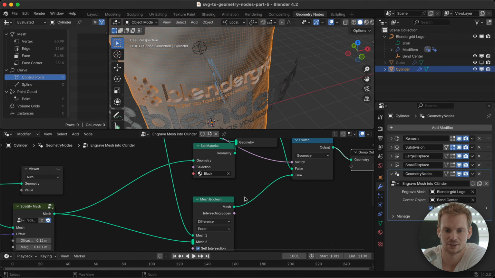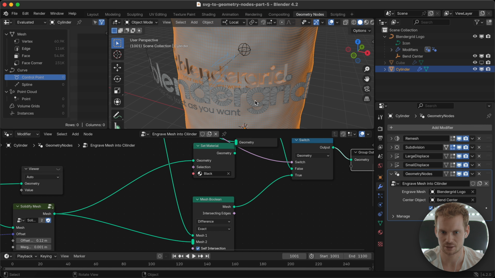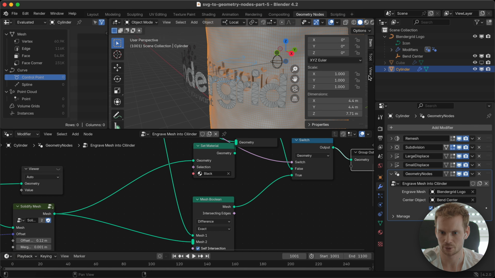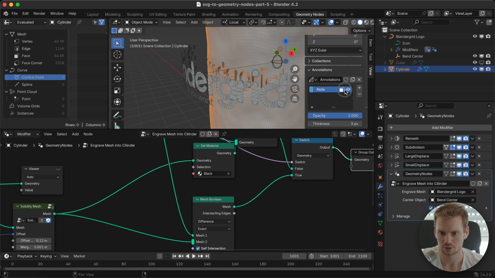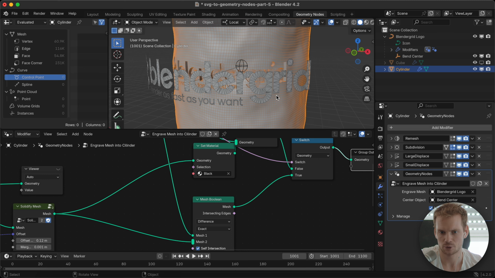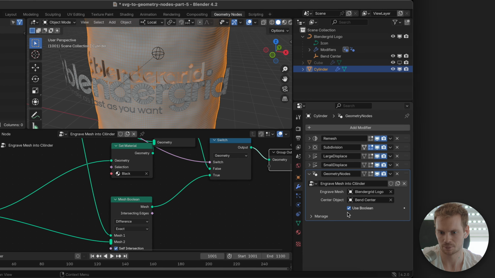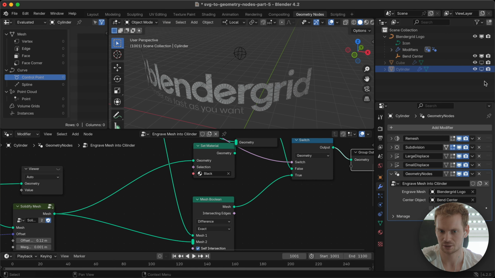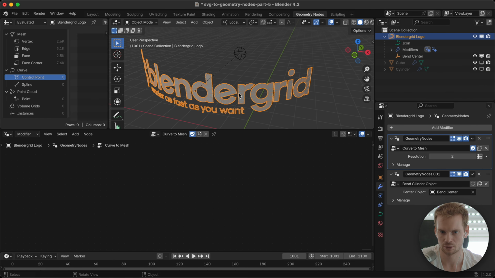Let's dive into Blender. So here in Blender, this is where we left off in part 4. And I would like to just take this and clean up a little bit like we do usually when we revisit an older part. So let's hide this. Let's first focus only on the logo. So I'm gonna take this Boolean operation that is very expensive. So if we change anything here, we have to wait like a bunch of seconds for it to update. So I'm gonna just disable that, and I'm gonna hide that object,